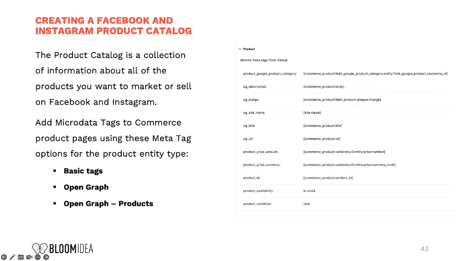For example, that Google product module is needed for creating a Facebook and an Instagram product catalog. Facebook can automatically check your site, okay? And whenever it finds a product that has the right meta tags added, it understands that it is a catalog and updates it automatically. If the price changes, the category changes. So you just need to have the meta tag module and activate this submodule, and then, of course, have the